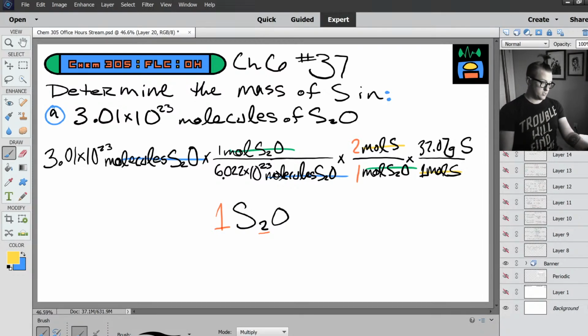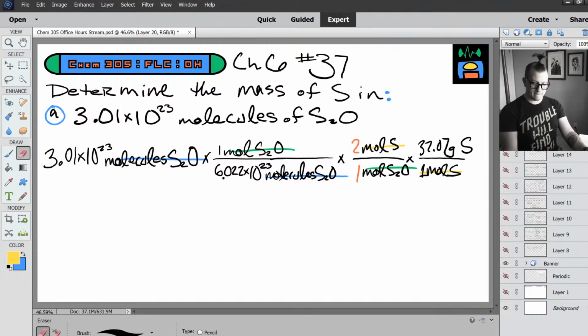Now we can crunch our numbers. So we have 3.01 times 10 to the 23rd. Did I write that down right? Yes, I did. Divided by 6.022 times 10 to the 23rd times 2 times 32.07. All right, so my calculator's giving me a value of